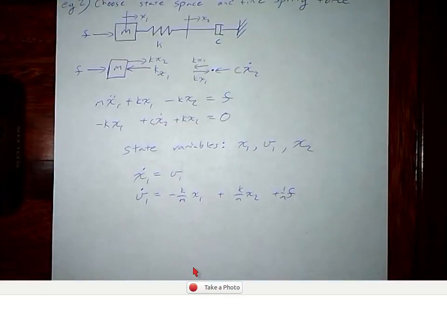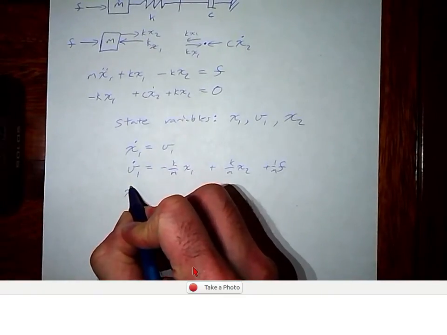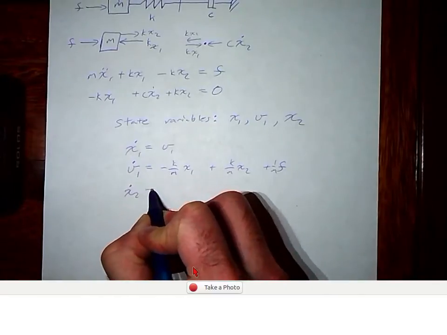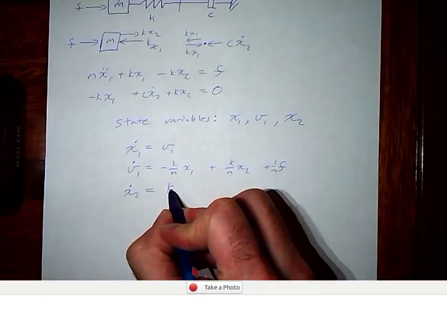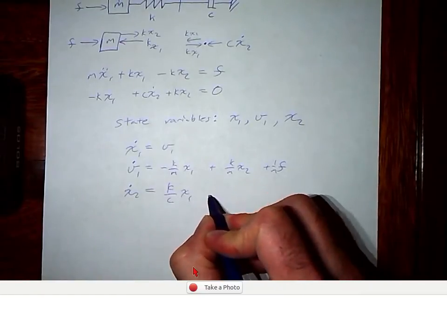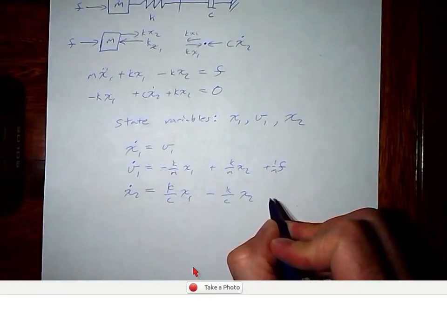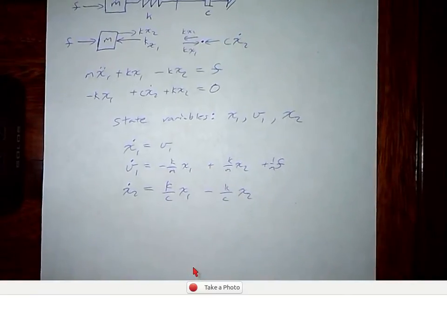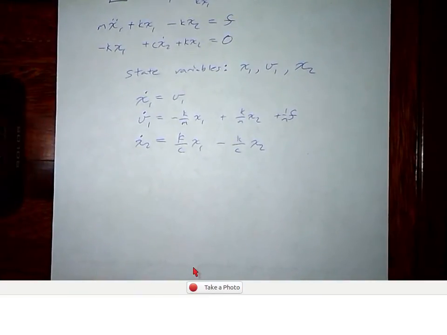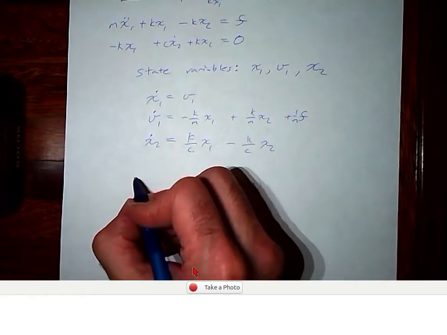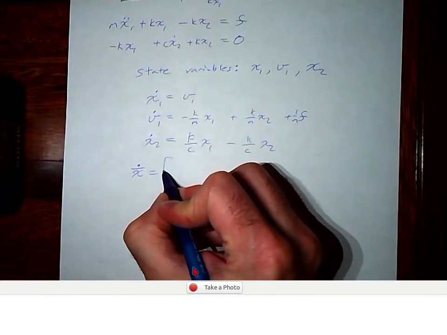And so the final equation is going to be x2 dot is k over c times x1 minus k over c times x2. Okay. So we could put that into matrix form. The time derivative of our state vector is